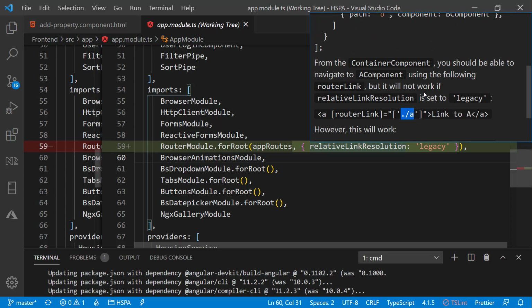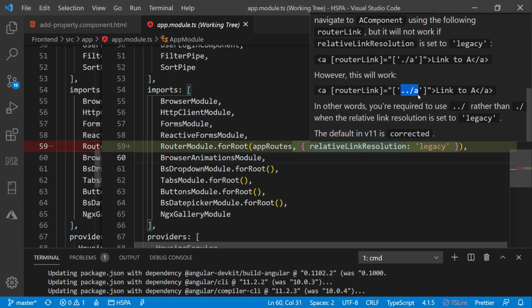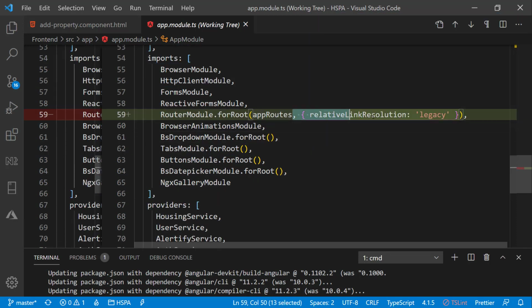But it does not work in previous version as we were to use double dots to load the components. This problem was resolved in new version, but until version 11, default was legacy. Angular migration has set it to legacy so that our existing code does not break. But as we want to use the correct way, so I am removing this from here.